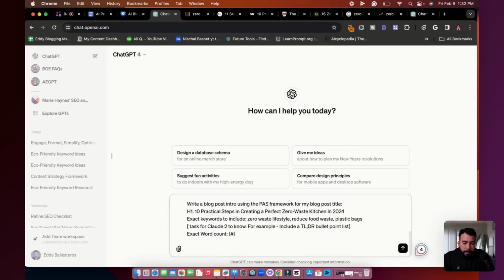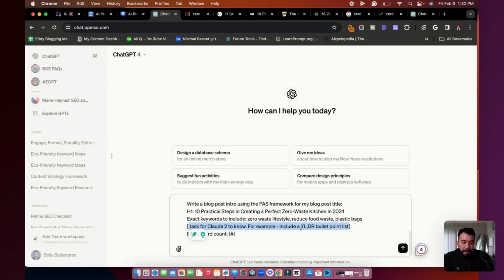Now that we have this, we can also have a bullet point list or section of specific things you want to include. In this section you can really add more of a personal touch to your content, and if you want to include something specific, you can do that. I always add something in here. If there's something you know specifically about a zero waste lifestyle or zero waste kitchen, include it in this section, because that's where ChatGPT will add it in.